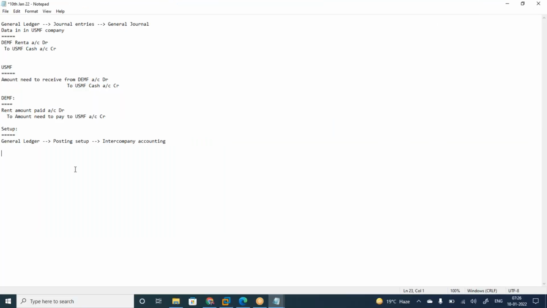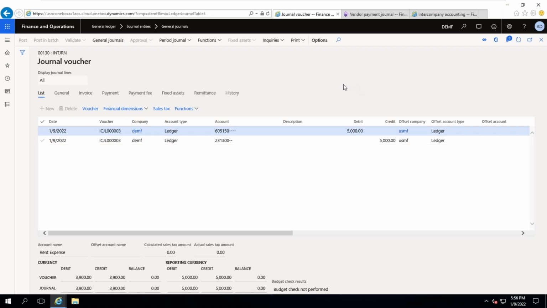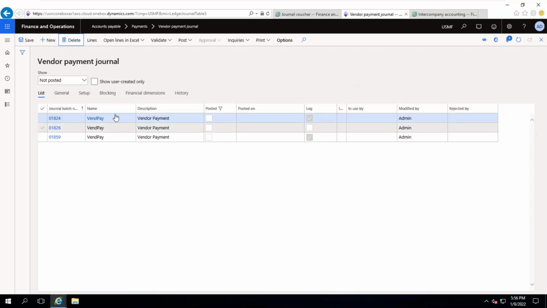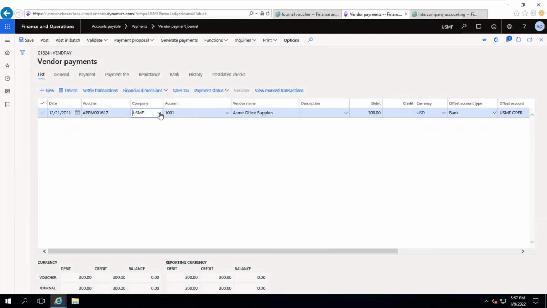Any more clarifications, doubts, please? Here, can one company's vendor or customer data be accessed by another company code? Not accessing here. If you have permission, yes, you can do it. If you have permission in the security roles, it will be available. See, in the drop down, you are able to select the company.